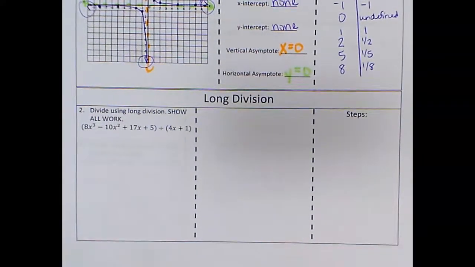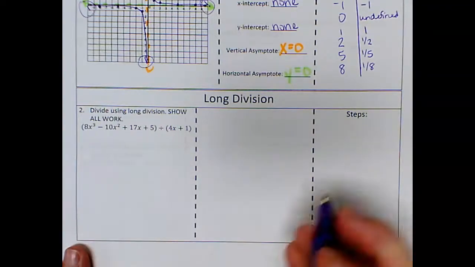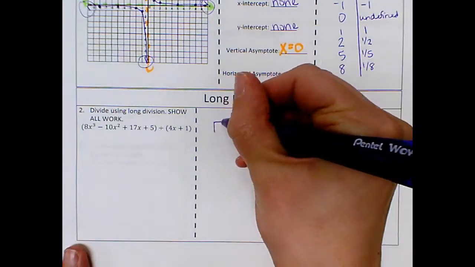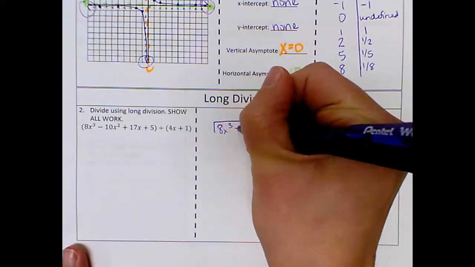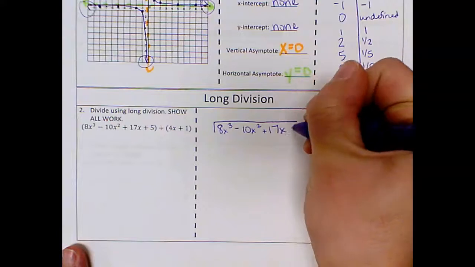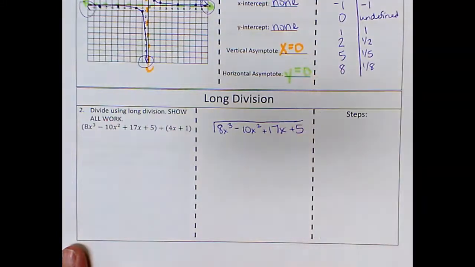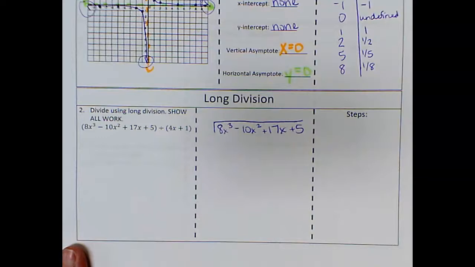So the first operation we talked about in this unit was long division. Number 2 says divide using long division, show all work. So I'm going to take what I have here and I'm going to write it inside what we call kind of like the little division house. So 8x cubed minus 10x squared plus 17x plus 5, making sure I don't skip any terms: cubed, squared, x, and constant, that's good. And the 4x plus 1